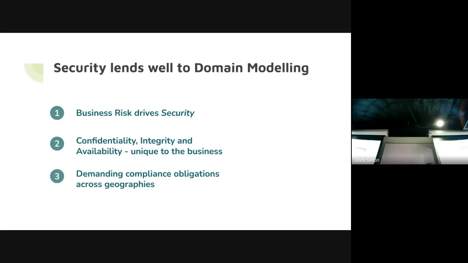But the thing is so specific to the business and so specific to what information systems or data is confidential to that organization, what impacts availability for their customers, what impacts the integrity of their information. So to understand the business context was really important. And therefore,